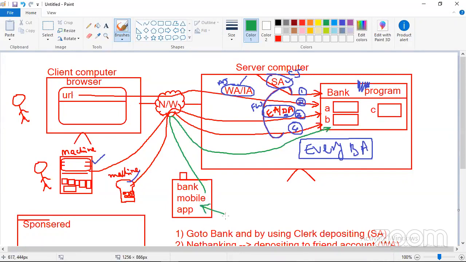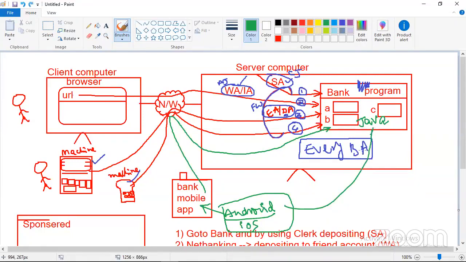It is developed in Android or developed by using iOS. Okay, Android or iOS based platform application. It is developed in which language? Java. It is developed in Java. Then tell me now, how can Android programs communicate with the Java project?